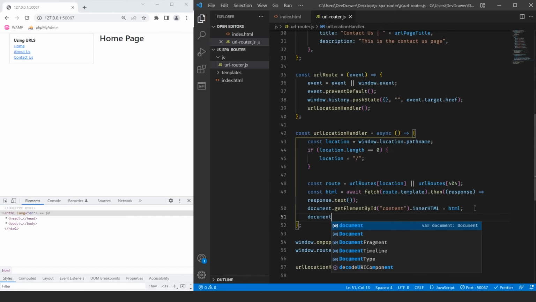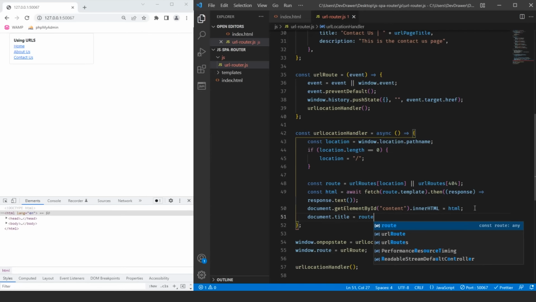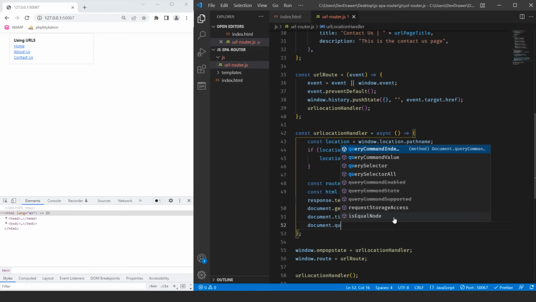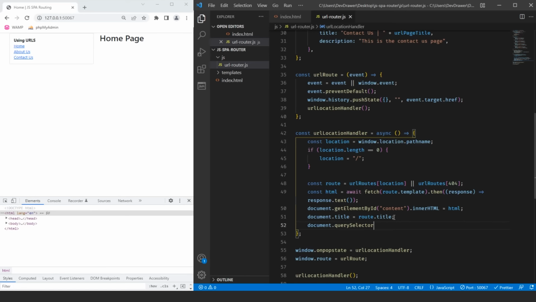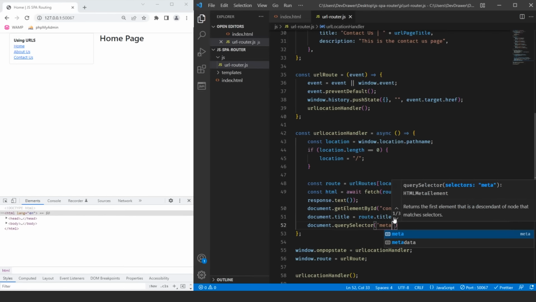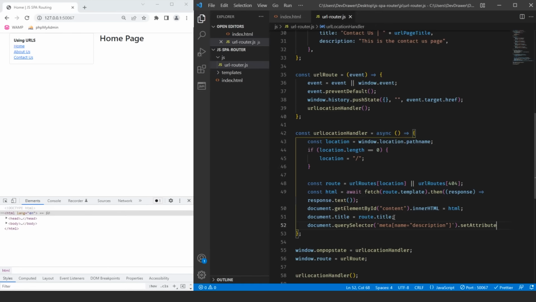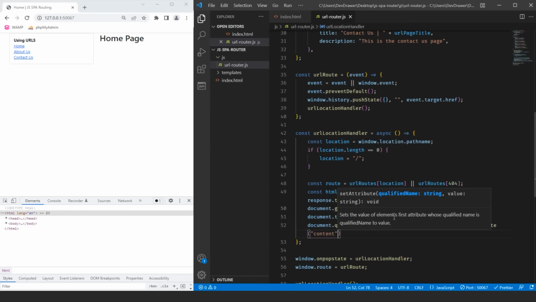So we're going to do document.title, and it's going to be equal to the route.title. So we got the route template here, and it's parsing it out. Then we have another variable that we created called route title, and then finally we want to do document.querySelector, and this is going to be searching for a meta name equals description, and then we're going to do setAttribute, and we're just going to pass the content of that to match the